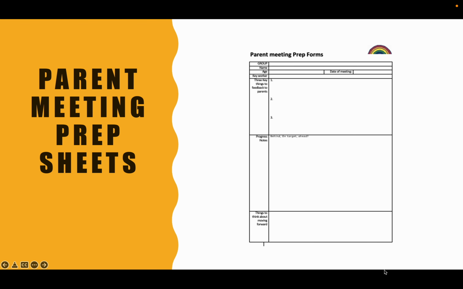And the final thing that you need to do is your parent meeting preparation sheets. This is where you just make a record of all of the things in that parent meeting that you wish to discuss. And these should be kept in the child's development file. So if the child's with us for 3 years and they've had 3 parent meetings a year, you should have 9 of those in their file, and you can actually then look back on those sheets to see what was